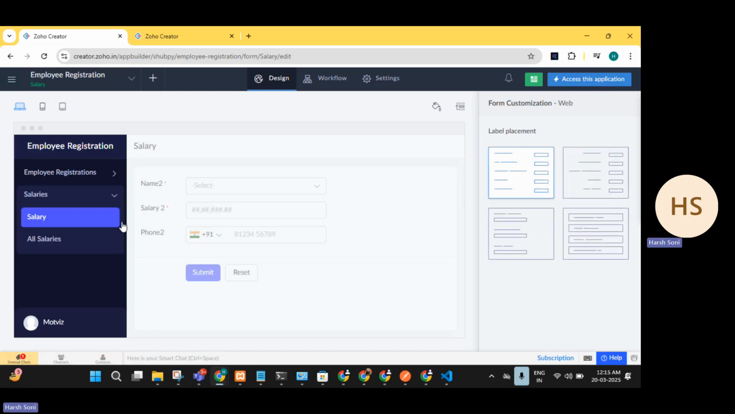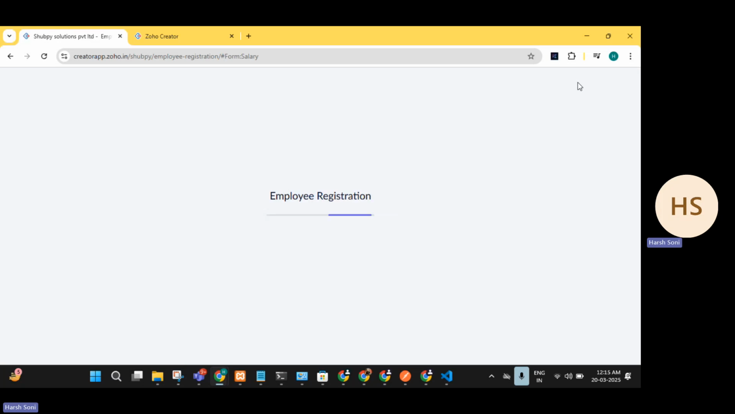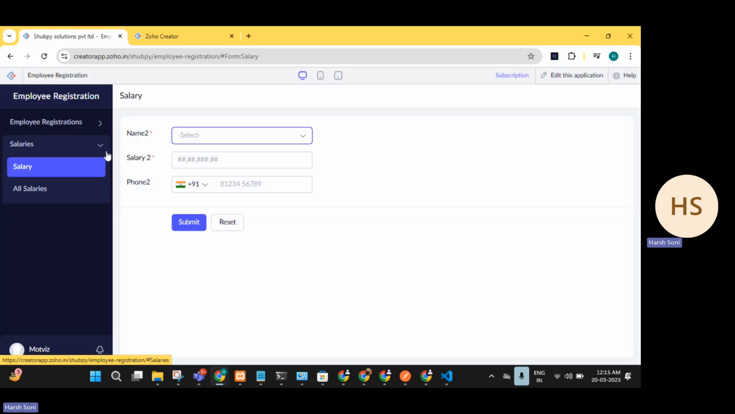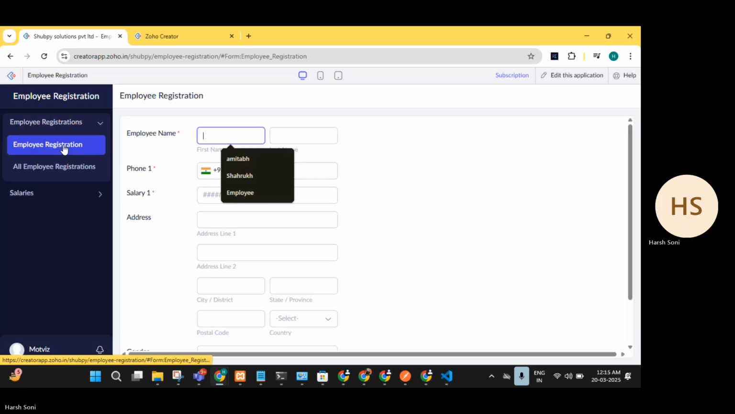So right now we have two forms. Let's make one more data to employee name, and then I will show you guys what lookup field really means right now. So when you go to salaries, you can just see that there's only one employee one. But if we fill it right now,